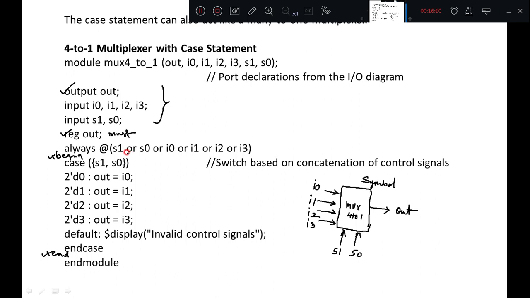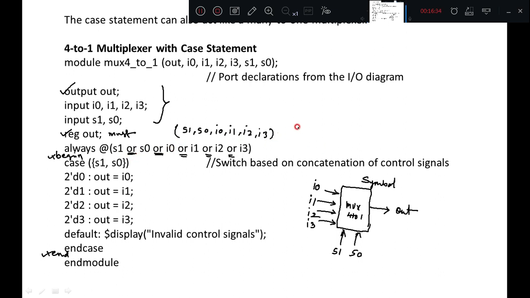As we discussed in the previous class, all these inputs are separated using 'or' or using a comma operator. So I can write here S1 comma S0 comma I0 comma I1 comma I2 comma I3. This way we can write using the comma operator, or use 'or' to separate inputs.